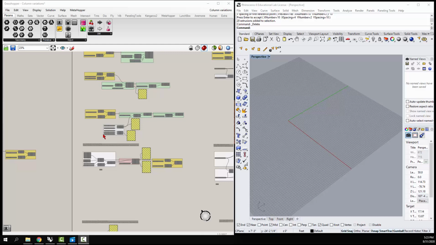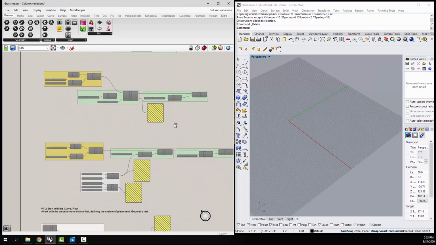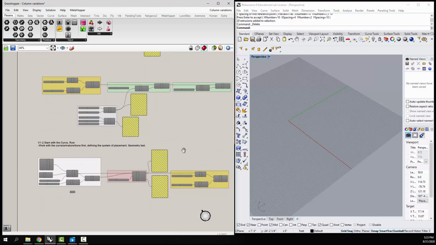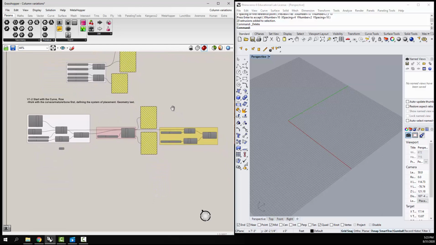All right, so keeping on with that theme, we were looking at how to create two rows of columns with various different ways of approaching it in Grasshopper. Here's a third way, which is to start with a curve instead of with the geometry of the column, which is basically the row, right? So if I come in here and open this guy up,